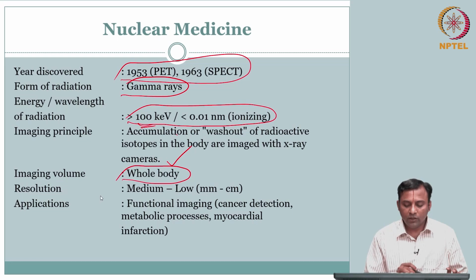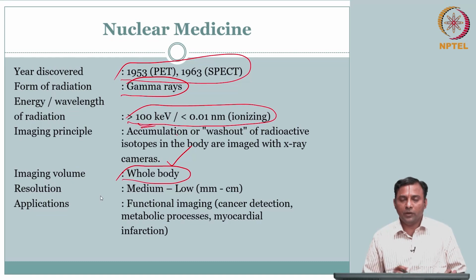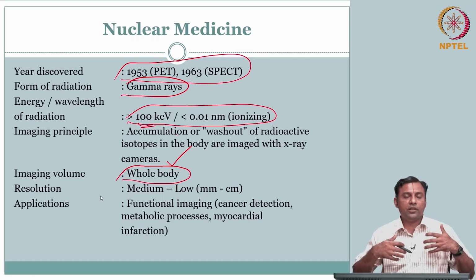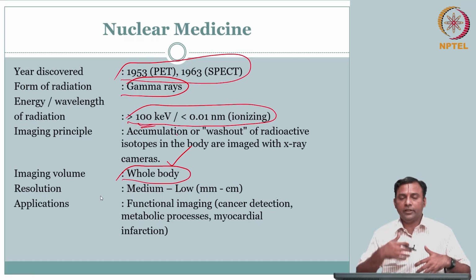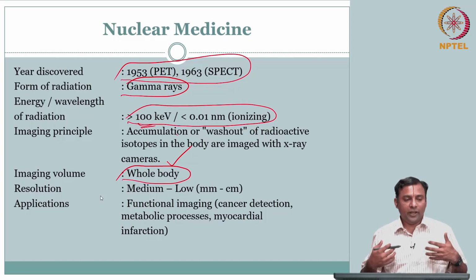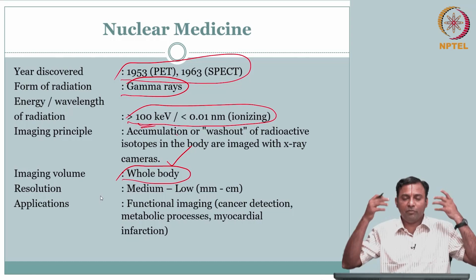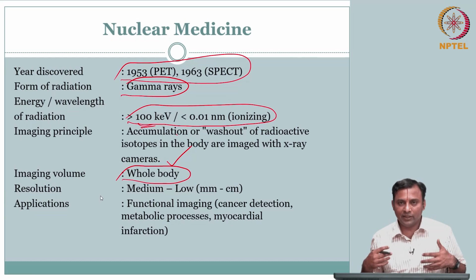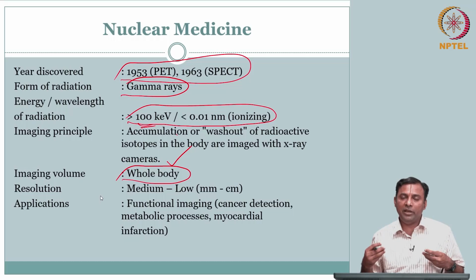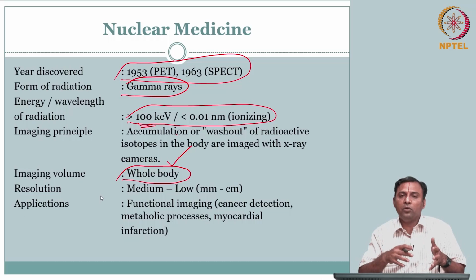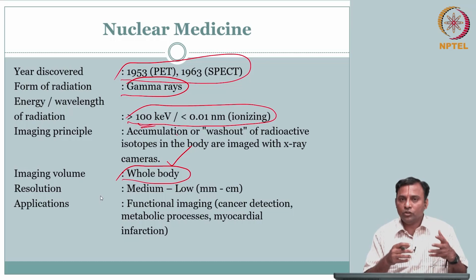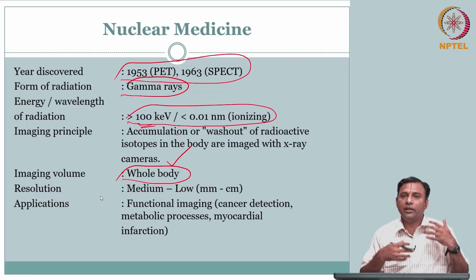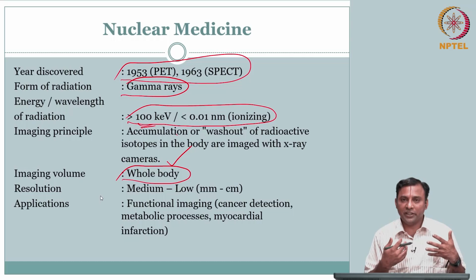Again, the advantage is whole body. Essentially, when you take the radio tracer, your circulatory system makes sure that it circulates. So potentially you can send out the radioactivity from any part of the body, but depending on what the radio tracer is. If you are doing kidney, maybe it will be tagged with urea, so a lot more activity will take place in the kidney and the bladder. If it is going to be iodine, for example, it may be going to your thyroid location.